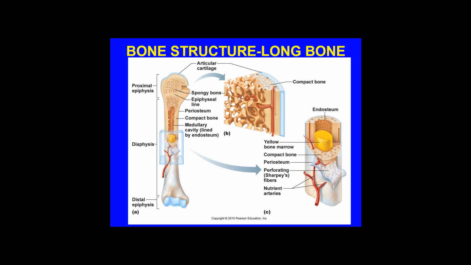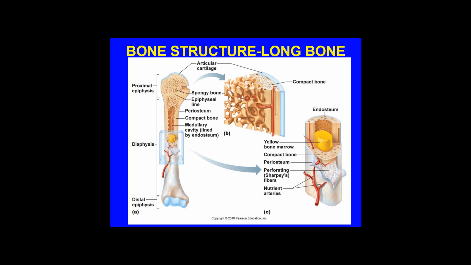It's all protective. The inner layer, which is in direct contact or abutting the bone surface, consists of bone-forming cells, osteoblasts, and bone-destroying cells, osteoclasts. You also are going to find nerve fibers, lymphatic vessels, and blood vessels present. You have what is called the nutrient foramen. Now remember, foramen is a term for opening, okay? The nutrient foramen is an opening in the bone where blood vessels will enter to supply nutrients to the bone